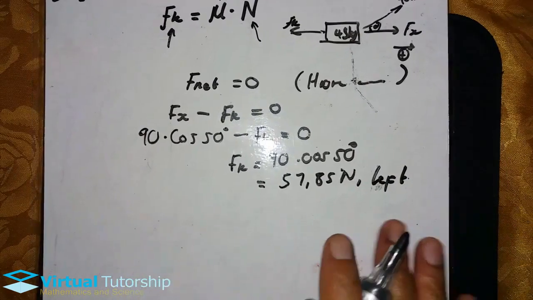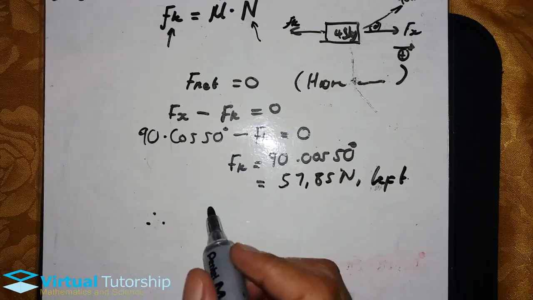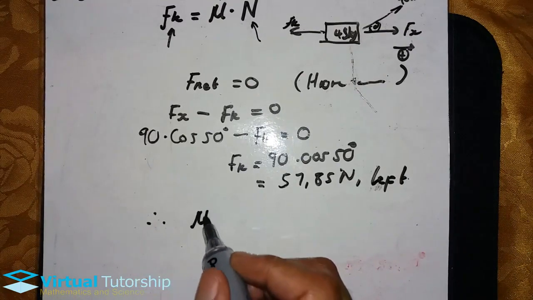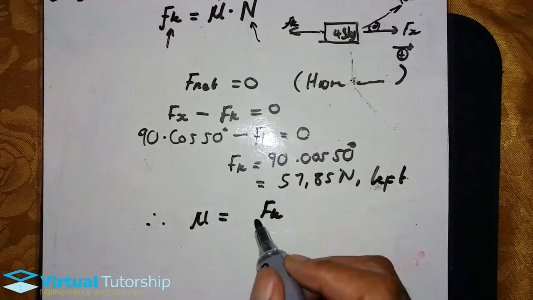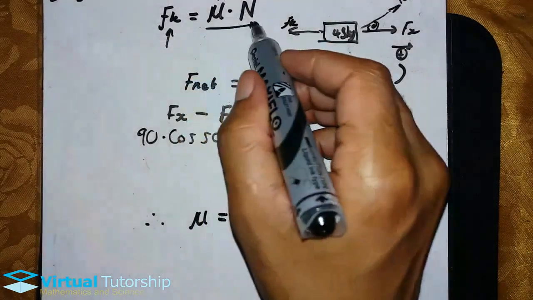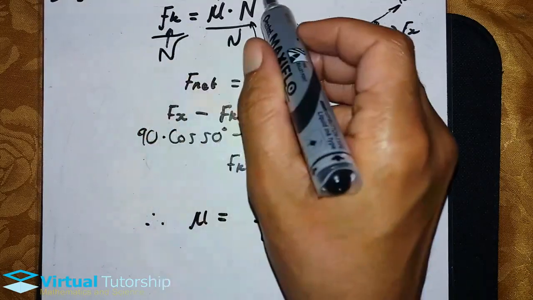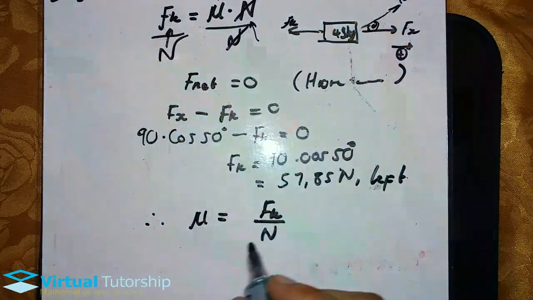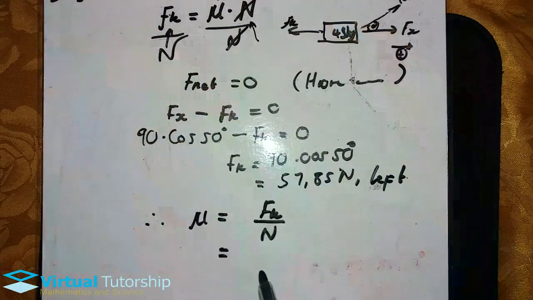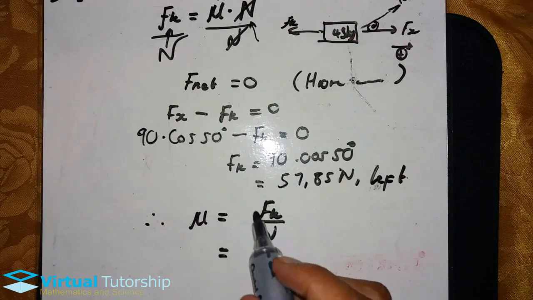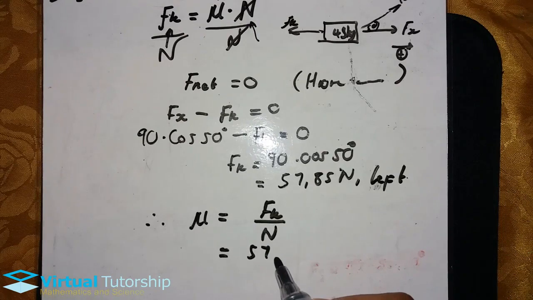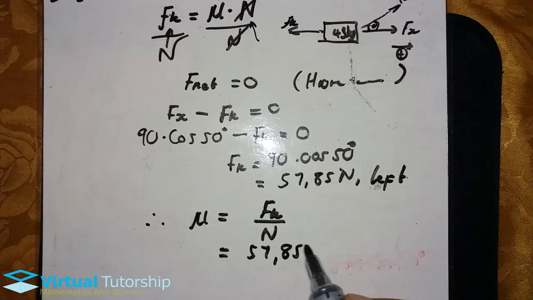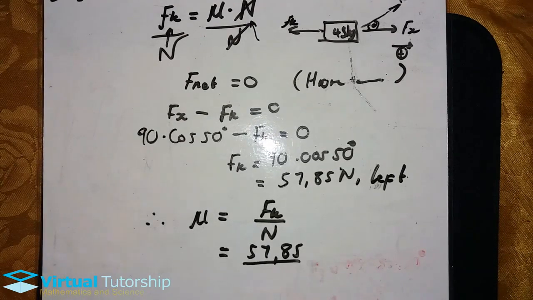So therefore, let's calculate mu. Mu is equal to Fk divided by the normal force. I'm going to divide both sides by n. I'll be left with mu. So mu is equal to Fk, the Fk that we calculated, it's 57.85 all divided by